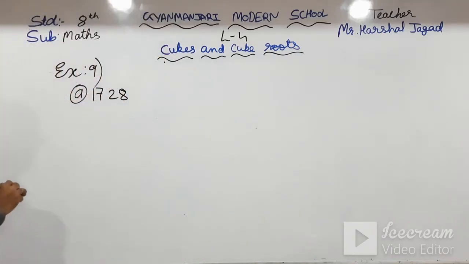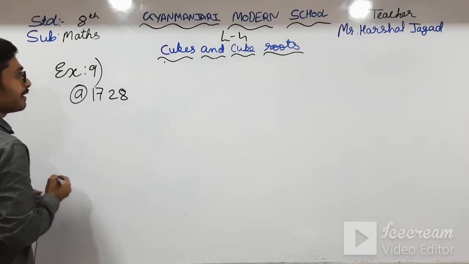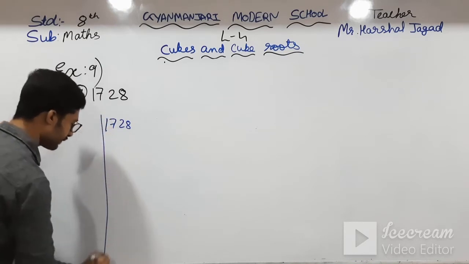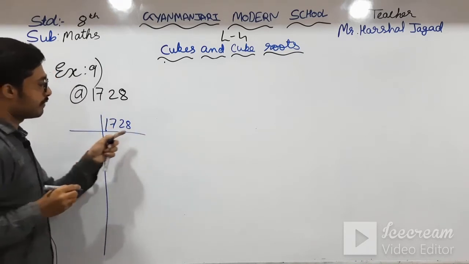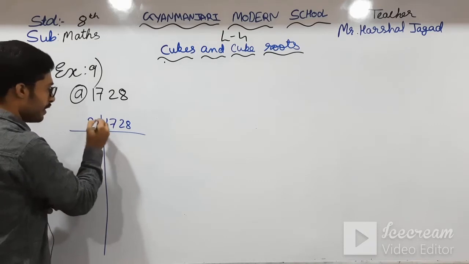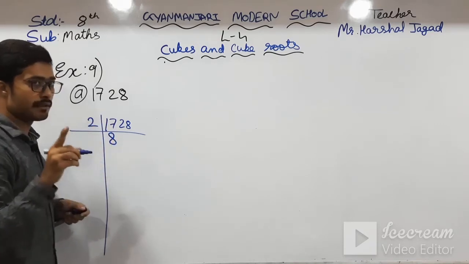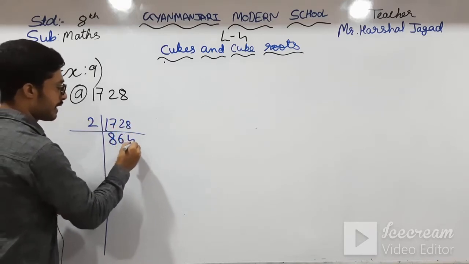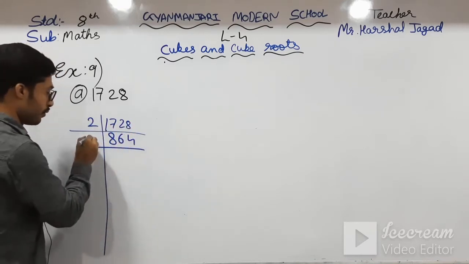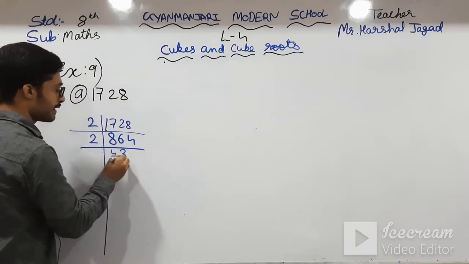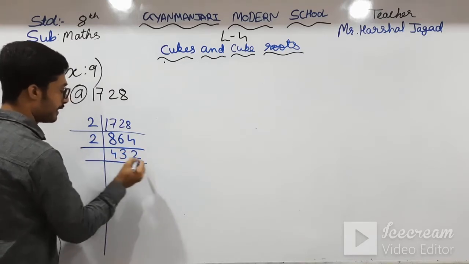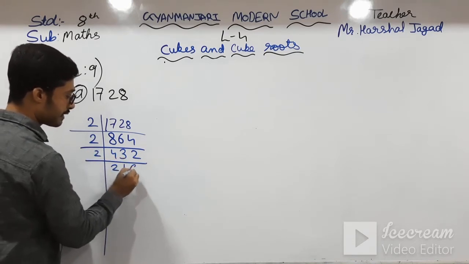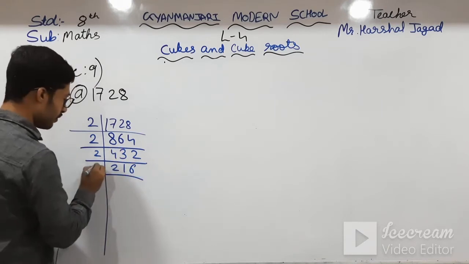Let us do that. First of all, what we have to do? We have to take the factors. See here, 1728. It will divide with 2. 2 8s are 16, 1 remaining, 2 6s are 12. Okay students, 2 4s are 8, 2 3s are 6, 2 2s are 4, again with 2, 2 2s are 4, 2 1s are 2, 2 6s are 12, again with 2, 2 1s